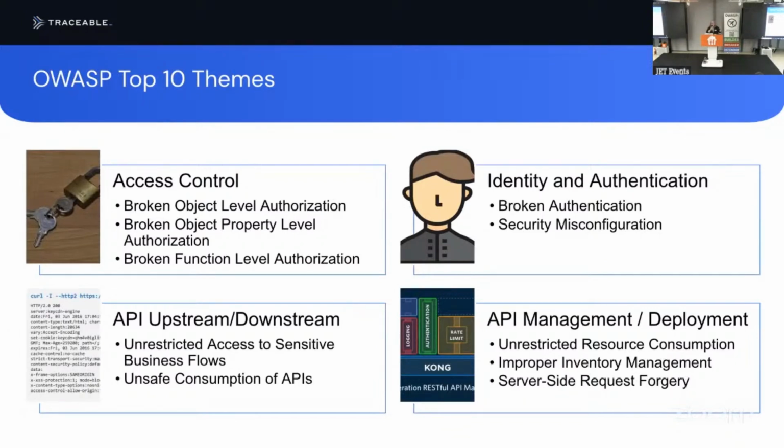Now, in terms of what vulnerabilities to find, OWASP does have the OWASP API top 10. And broadly, I think you can put them under these like 3 categories. So category 1 is access control. If you take nothing else from this presentation at all, broken access control is the most common finding on any API. Like I will go into tests with multi-million-dollar security teams that have a security budget that is through the roof. They'll have access control issues.